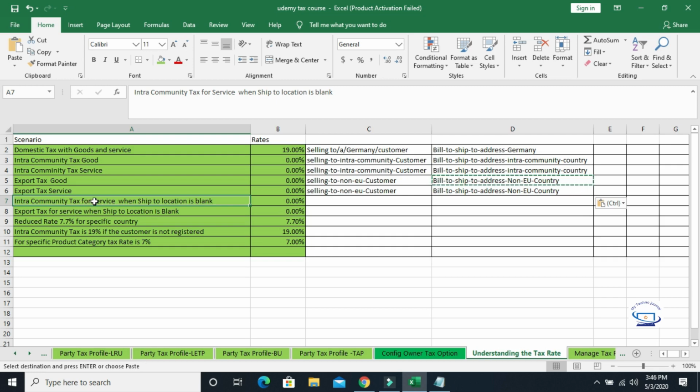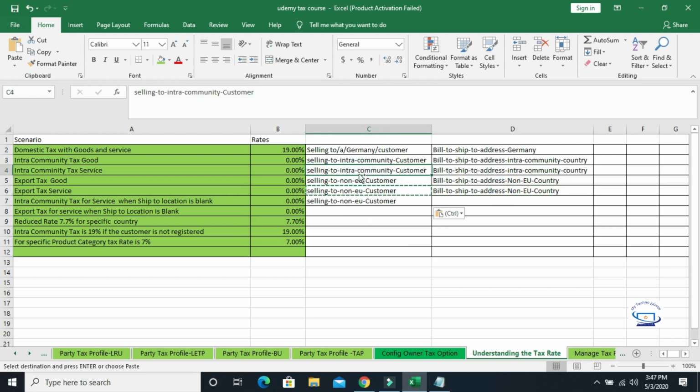So in this case, we need to define separate rules. The rate will be the same, but we need to derive the tax calculation based upon the rule that this tax will be applicable when the ship to location is blank, because we are selling a service. Okay, so it will be the same tax rate and it will be service.